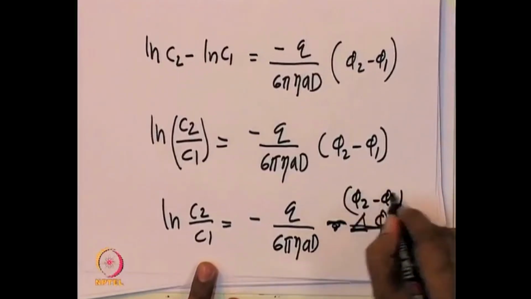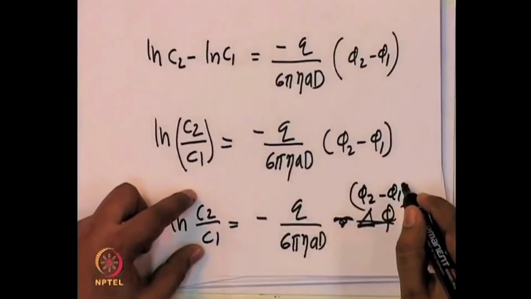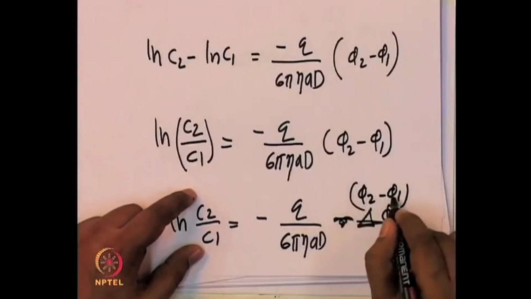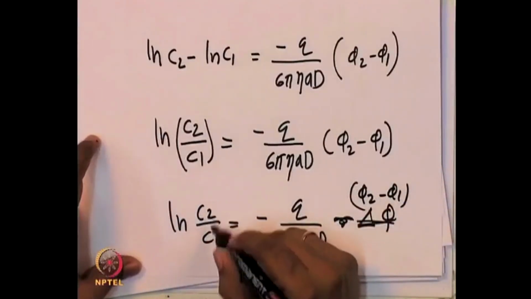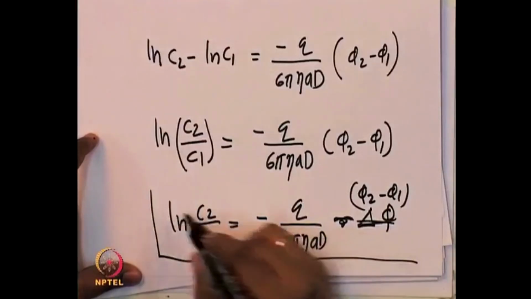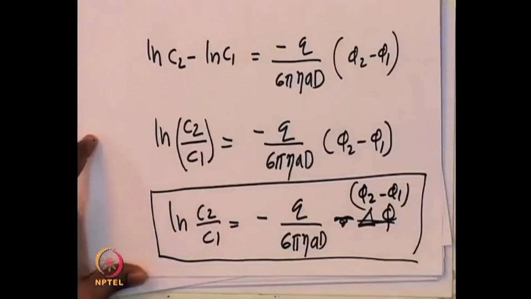So, the change in potential is related to the change in concentration. So, the difference in potential between the two sides is related to the change in concentration in this particular way. So, this is essentially the Nernst equation. Now, if you want, I can